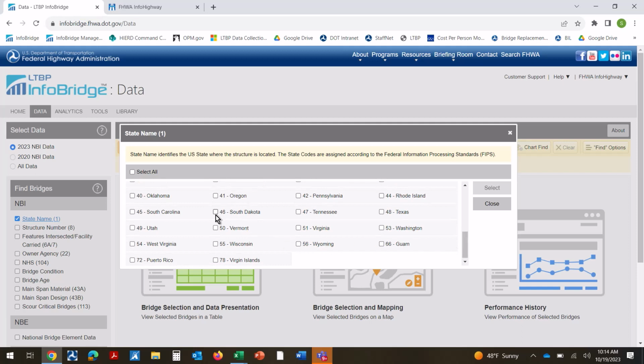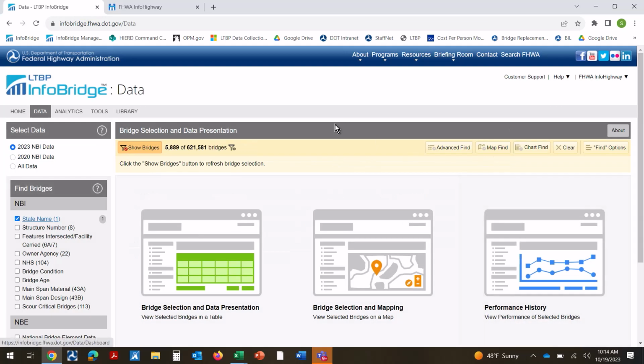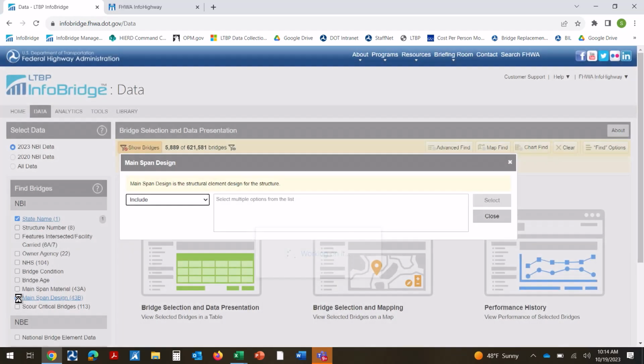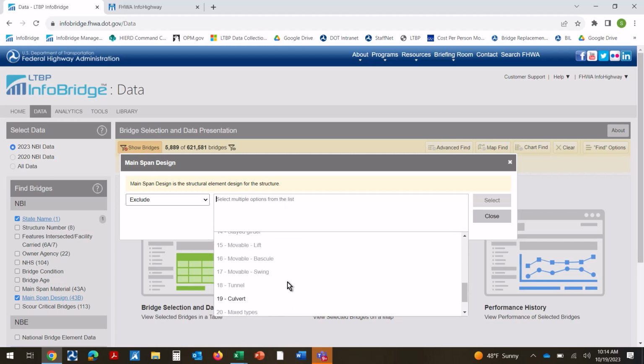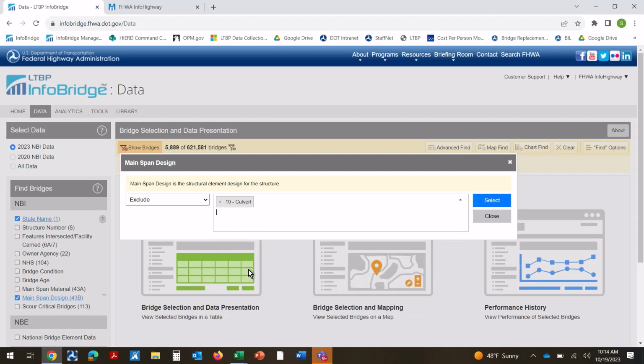South Dakota number 46. Now you can see there are 5,889 bridges. That includes culverts as well. Let's say we don't want to include culverts. You simply go to 43B, and out here you say exclude culverts, and culvert is number 19 in NBI. So you select that,